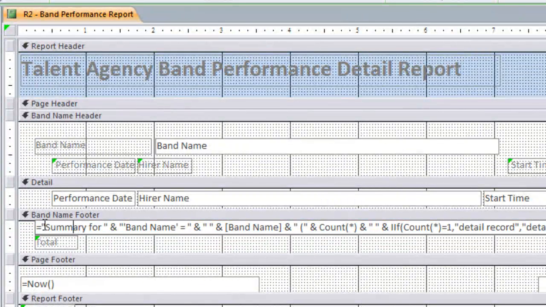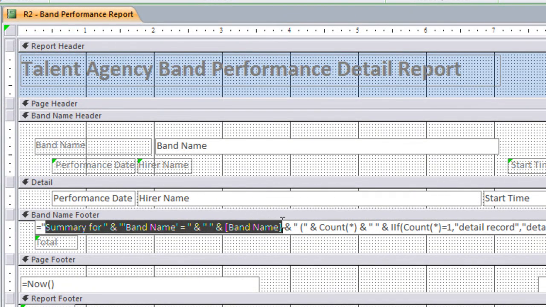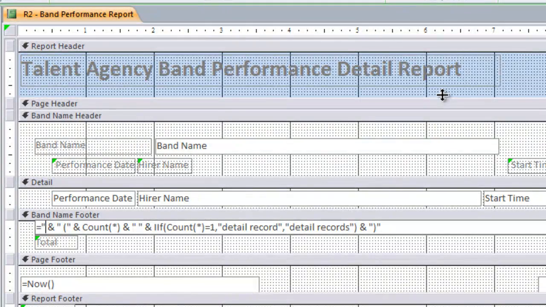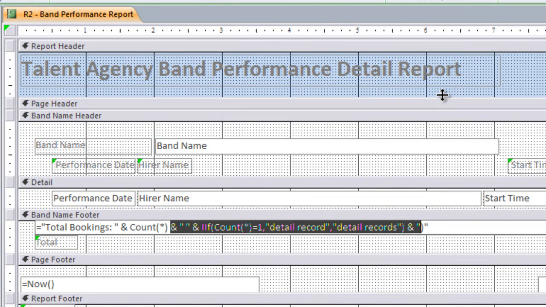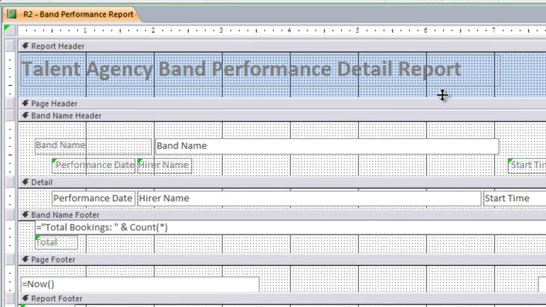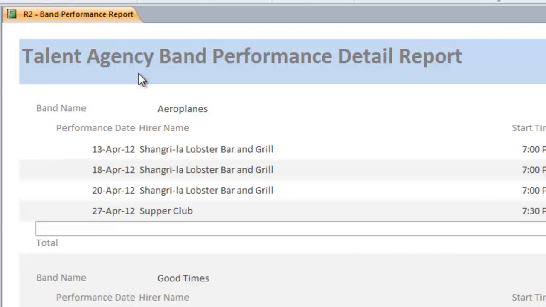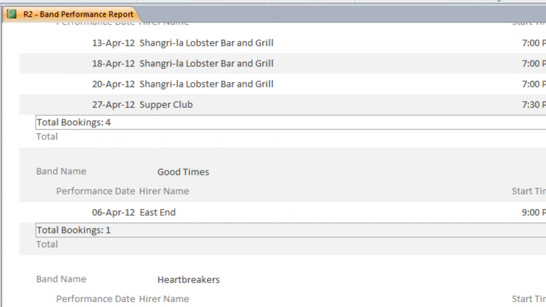Okay, now we just have to be very careful when we change this. I'm going to erase everything up to here, and I'm just going to say total bookings, okay, double quote, and here is a formula, count, a little similar to what Excel does, and that's all I'm going to keep. Okay, now if I didn't do anything wrong, this should come out when we go to report view. Okay, and there, it's much shorter, and I think